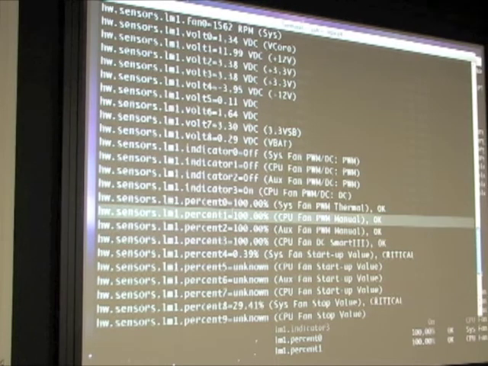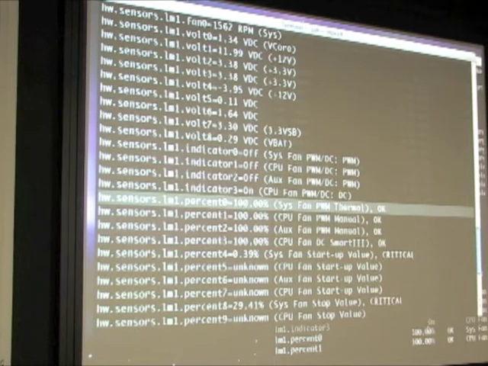it represents the individual fan controlling pins on the hardware monitoring chip. So this specific chip that I have on the system has 4 distinct fan controlling pins on the chip. And